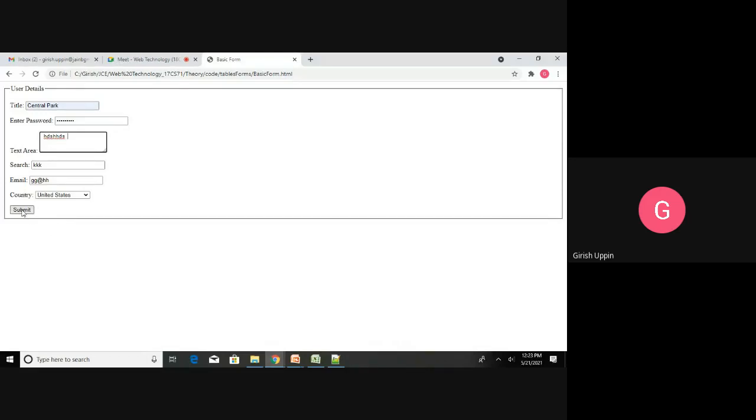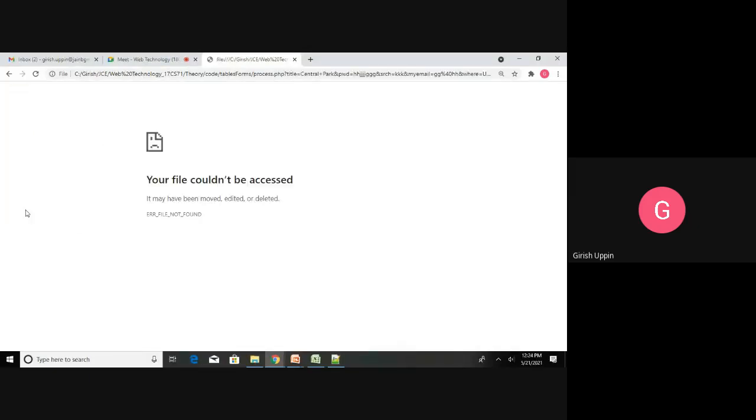You must understand this. I'm running it as just an HTML on this folder. This form has to be submitted to the server. I'm not running this as an application. So right now it will give an error because there is no server side. That particular example we'll see later. As of now, it will give an error. So it will try to submit, and it will give the error. The file could not be accessed.